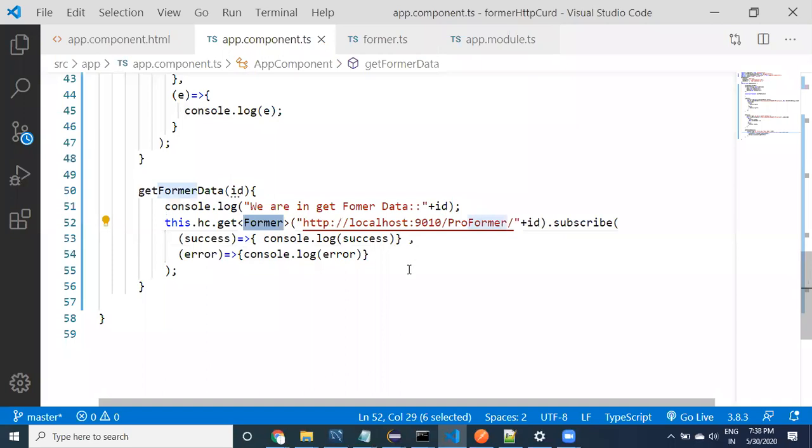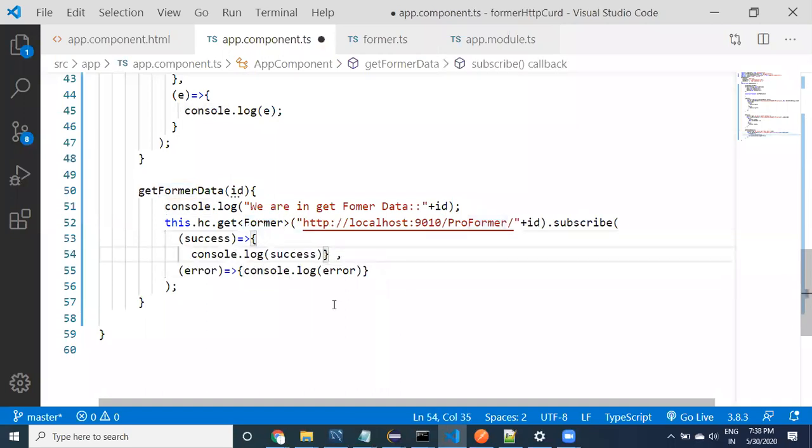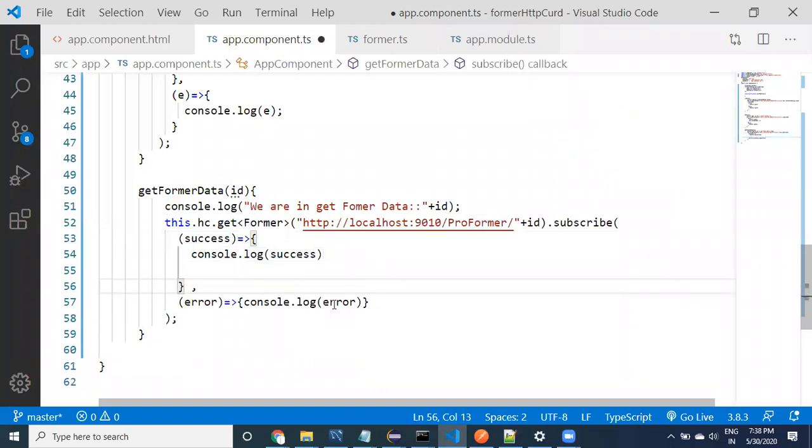Now, when we get this farmer data, I want to apply two-way binding. If I set data to the farmer object, it is automatically going to reflect in the HTML. This is data flowing from the component class to the HTML.